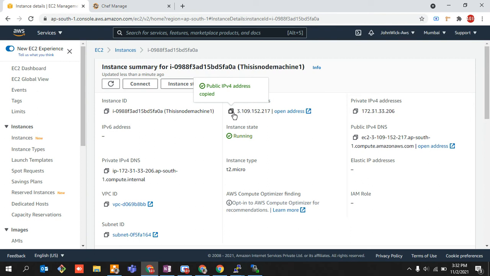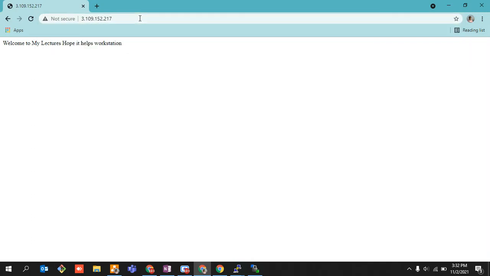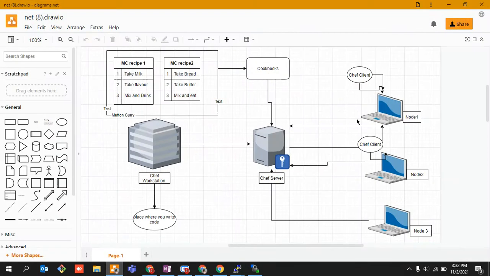And we uploaded a cookbook, and that cookbook got installed successfully onto it by the chef client, and now it has started acting like a web server, right? So I wrote code over there like, welcome to my lecture, hope it helps everyone, or workstation, right? So now it has made sense. Whatever we did, it got automated.